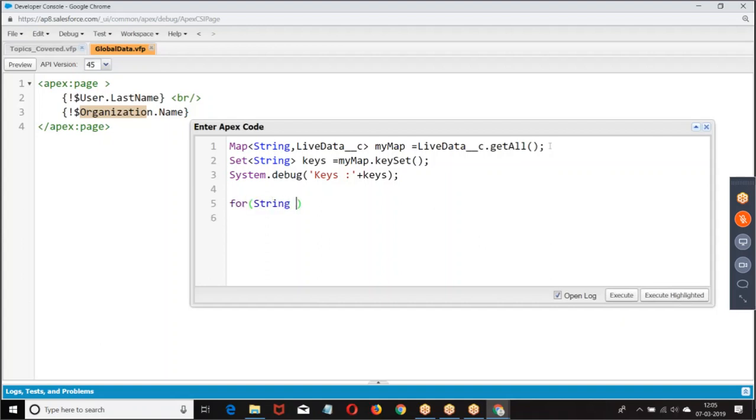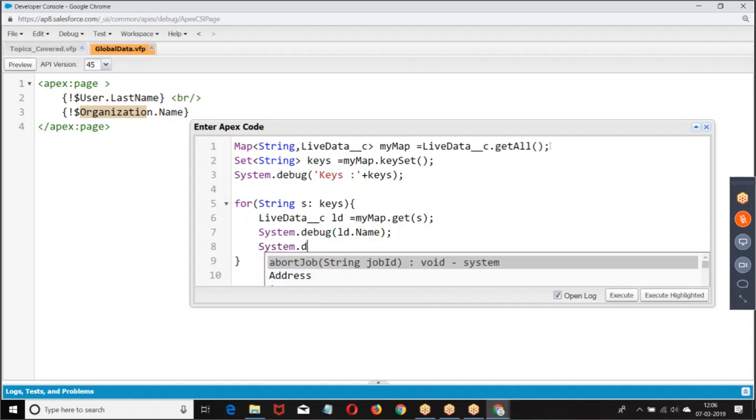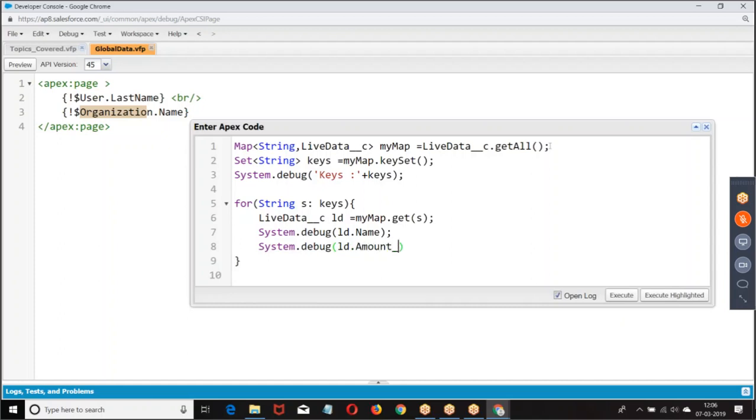So for string s keys in live data dot get all, take one key at a time.